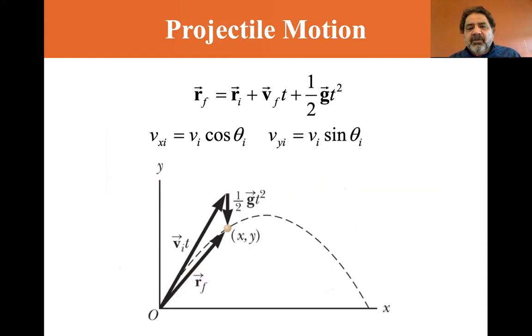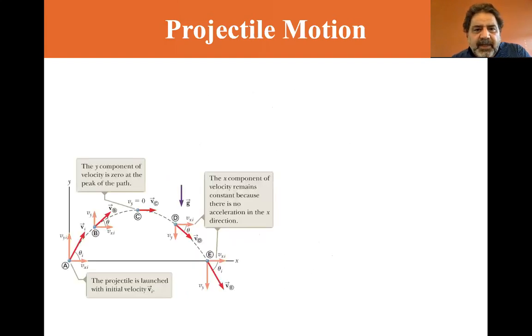Vy initial is equal to v initial sine theta. So those are just the components of the initial velocity, and we're going to use that. We're going to calculate everything based on that initial velocity and the angle that it's projected at. The angle is very important in this case. Okay,